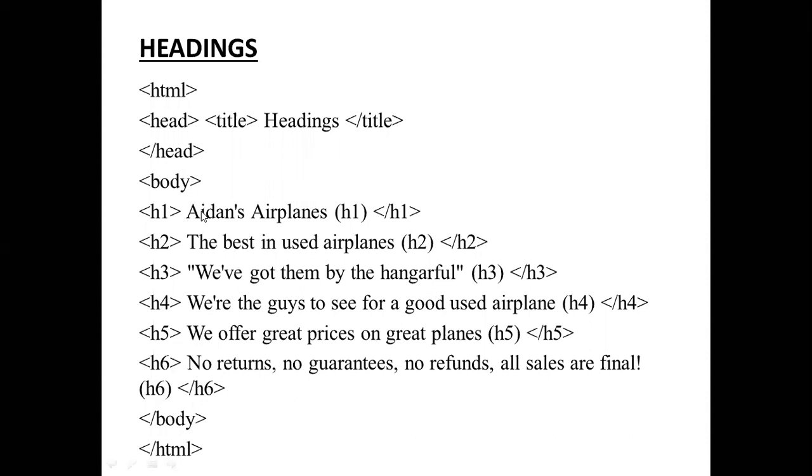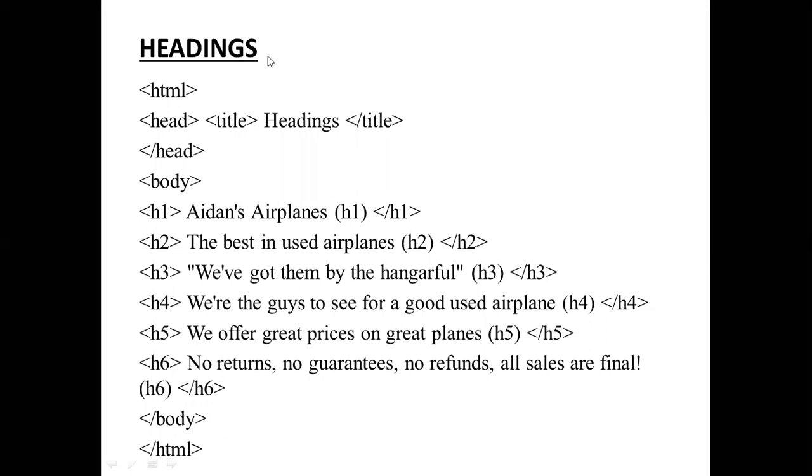By using the H1 tag, we give the heading to each section, and likewise H2, H3, H4, H5, H6. There are only 6 heading tags, from H1 to H6. The size is decreasing from H1 to H6. So headings are used to give a heading to each section in a document.